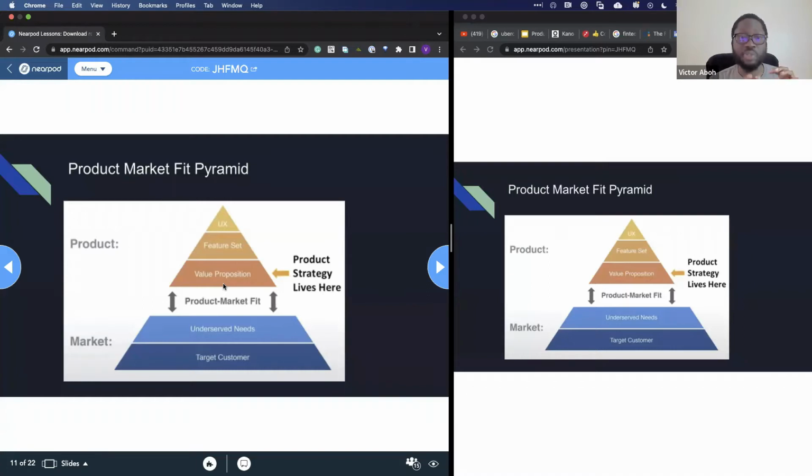So we see that we don't do this in a vacuum, right? We need to have that research. We need to know who our customers are. We need to know what their underserved needs are, what their needs are that have not been communicated, and here's how we are going to serve them. And so in the next few slides, we'll be diving in on how to analyze some of those needs and how to pick the point that we want to play in as a whole.